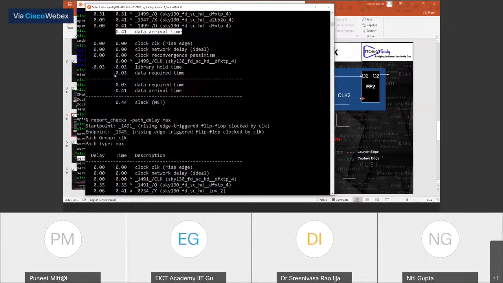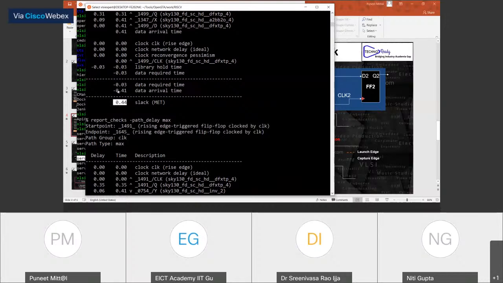Required time is this. So arrival minus required, and if you subtract 0.41 minus 0.03, you will get this data, 0.44. So this is basically 0.41 minus this. So now we are talking about 0.44.